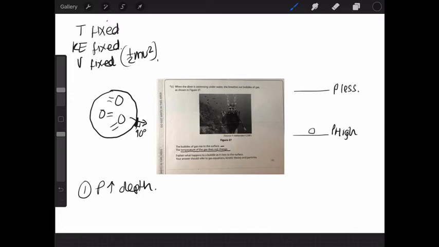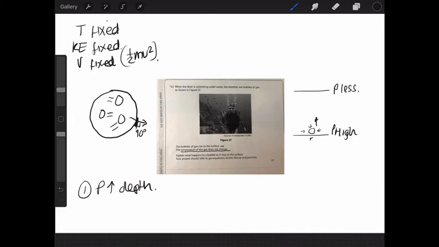And that pressure inside the bubble has got to be equal to this pressure from the water outside the bubble, because otherwise the bubble wouldn't exist anymore. If the pressure outside from the water was bigger than the pressure inside the bubble, then the bubble would implode. If the bubble had a greater pressure inside of it than the water outside of it, then it would explode, but it wouldn't rise to the surface. And this bubble, we are being told, rises to the surface. So this bubble's going to go up, but the pressure inside and outside the bubble has to be the same. That has to be in equilibrium.